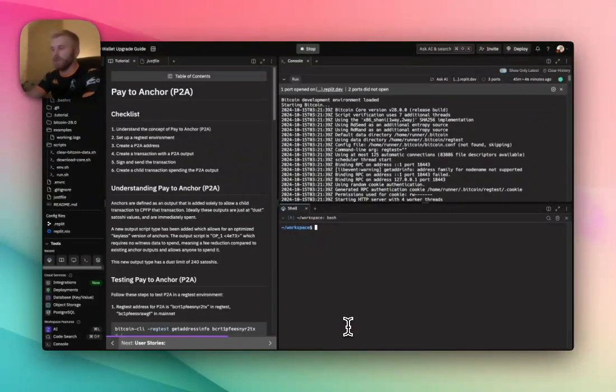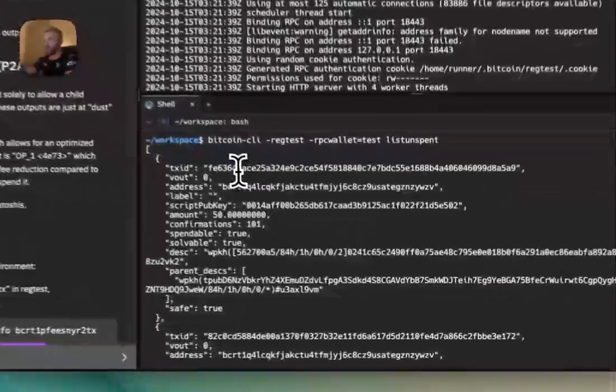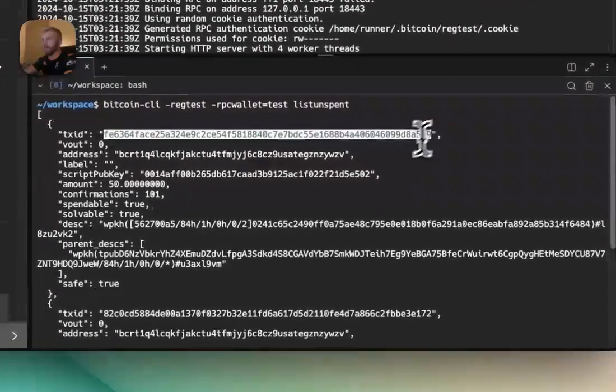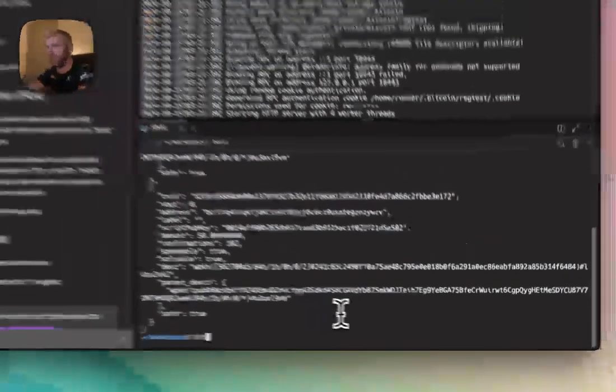So here, let's go. We'll do bitcoin-cli -regtest -rpcwallet=test listunspent. Okay, we have some more coins. So we'll use this guy up here for that one. So we'll do bitcoin-cli